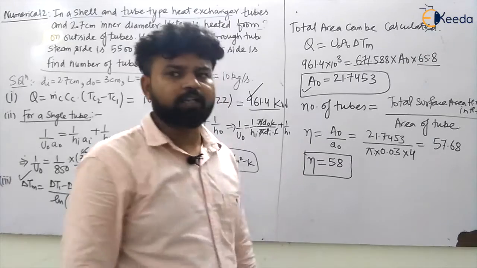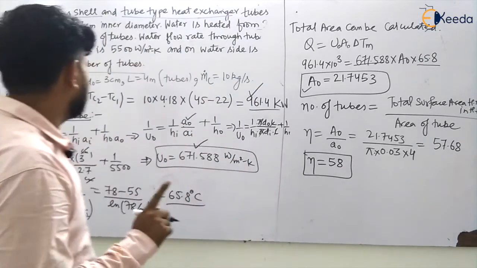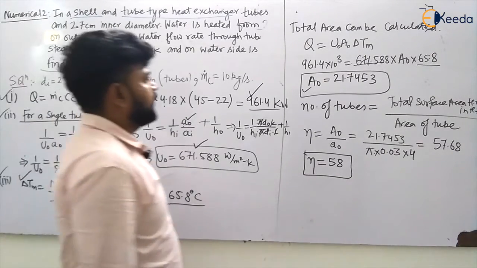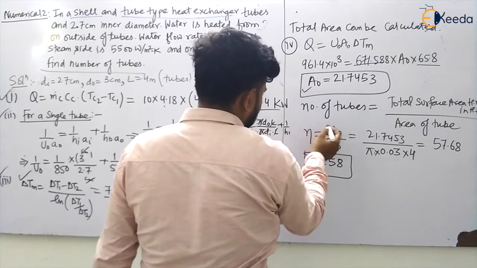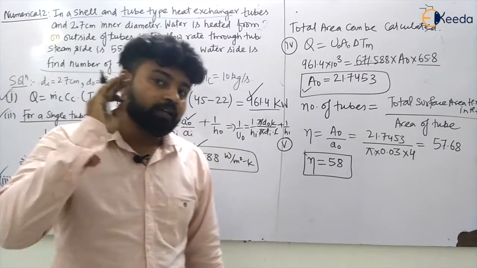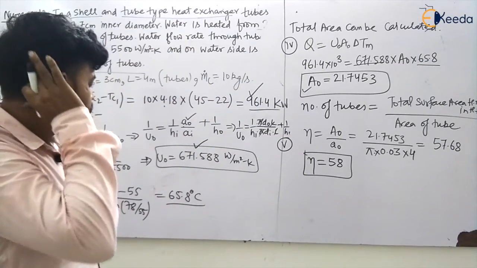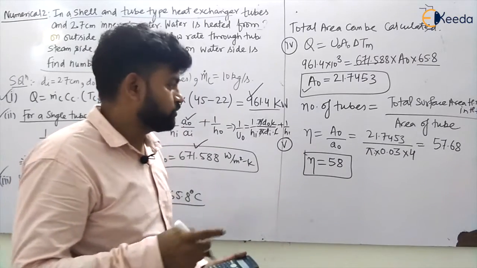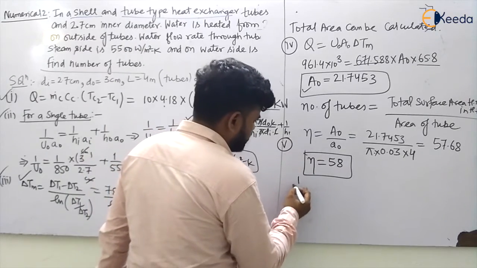So we have calculated the number of tubes by considering the outside diameter. So how many questions you have done? Let us see. 1, 2, 3, and this will be like 4. Again you are calculating A naught. This will be like 5. 5 questions you have covered in one question only, and in less time, my dear students, and you have revised all the concepts. So calculate number of tubes on the basis of inside diameter also by yourself. Can you calculate? Yes.